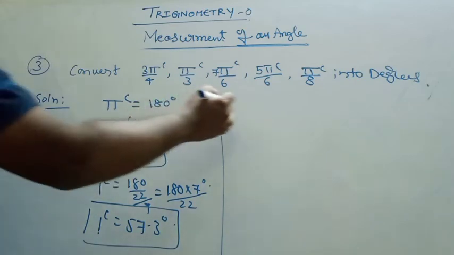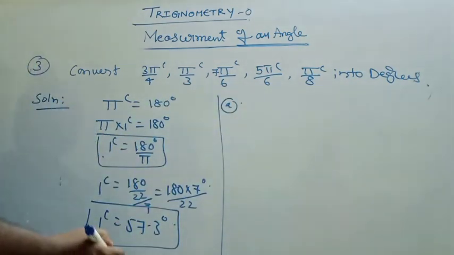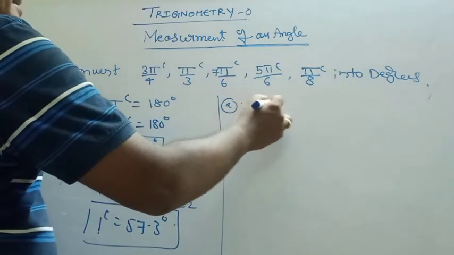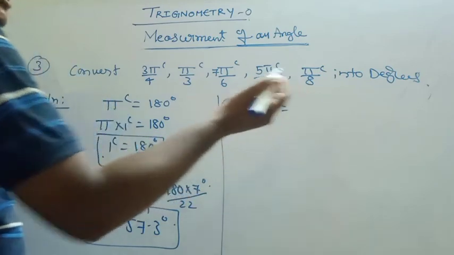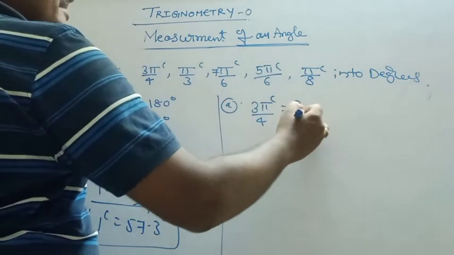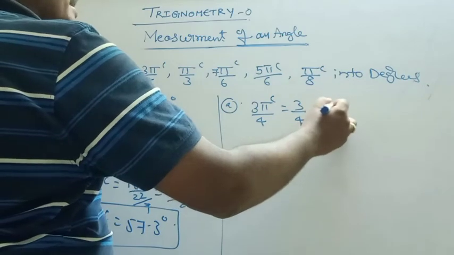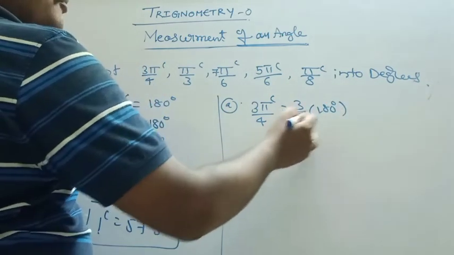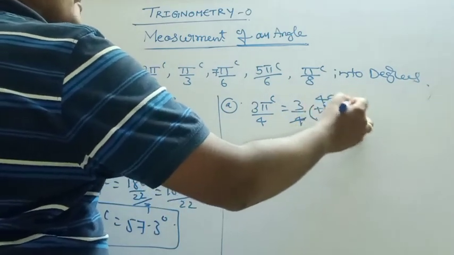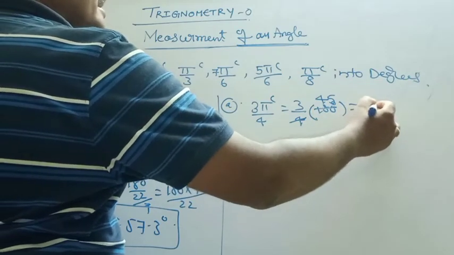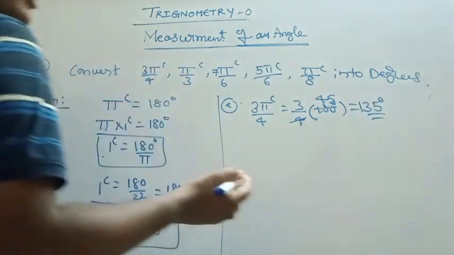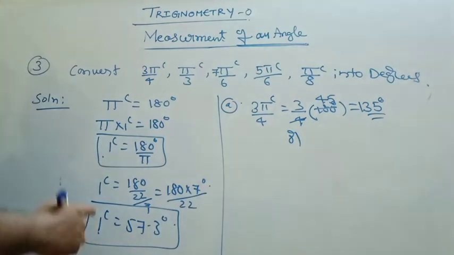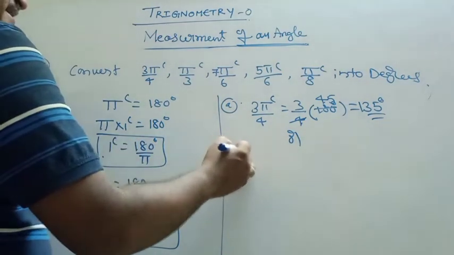Now the first one, very simple one: 3 pi by 4 radians. Either you can do it very simply: 3 by 4 into pi radians is equal to 180 degrees, you just substitute. Now 4 ones are 4, 45 into 3 is 135 degrees. This way you can do, or as I told you that 1 radian is equal to